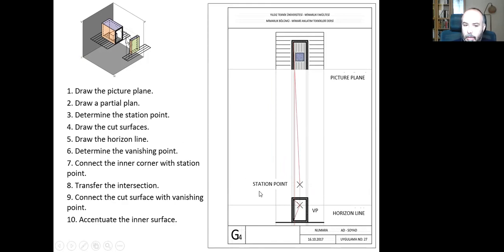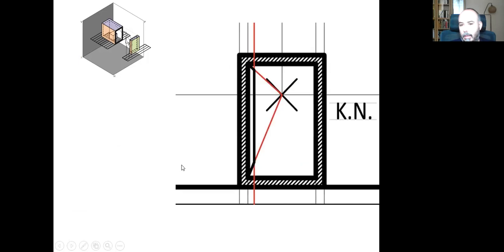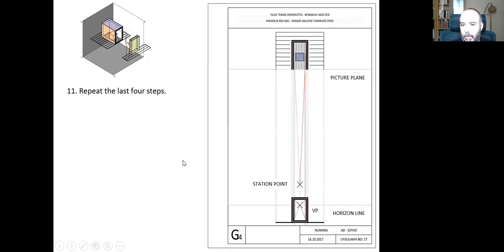And I need to draw this surface with middle thickness, middle darkness lines, since they are the surfaces that I see. And this is my 10th step. I need to repeat the last 4 steps again and again in order to complete the